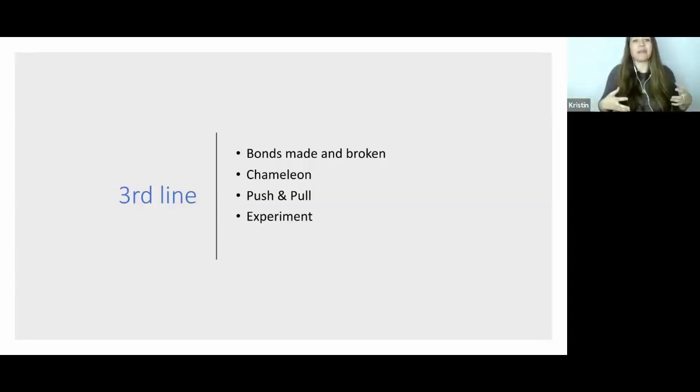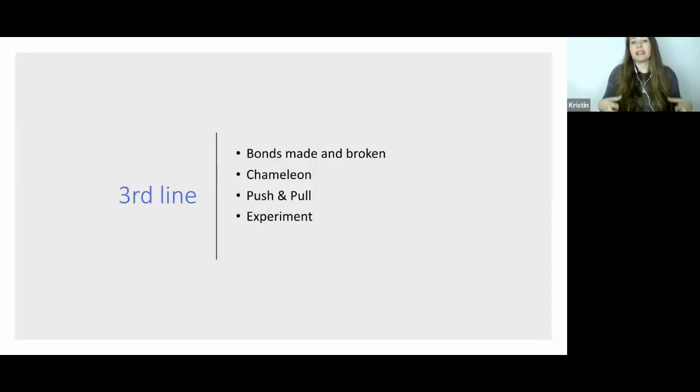Or am I a better person being around this person? Is what they want me to be something better than what I am? Is this something that I want to accept? Are they challenging me? Is this good for me? And if not, if they're making you worse, if you're angry around them all the time or frustrated, or maybe you start picking up some bad habits, well, the third line's going to see that and pick up on it really quickly and break that bond.